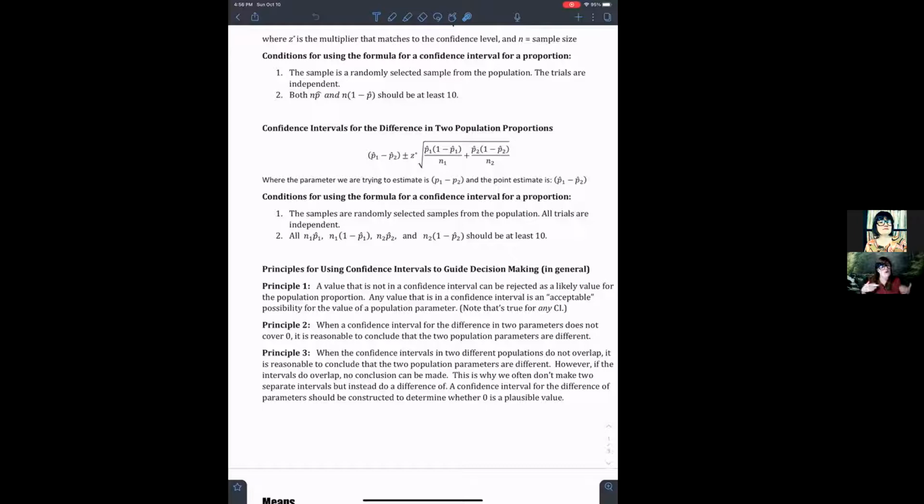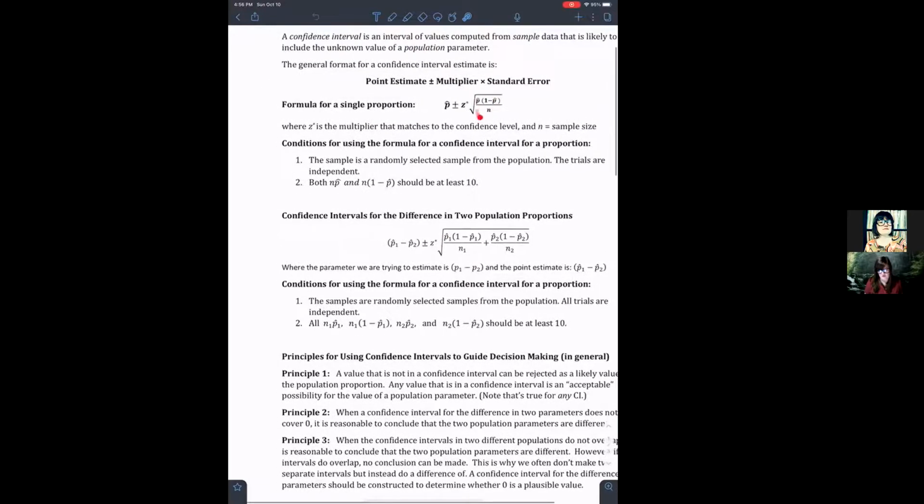Now, why do we not use t for proportions? Because look, we know that we're estimating using p hat instead of p because we don't know p. We looked at standard error on proportions, and we saw that it maxed out when our proportion was at 50%. And so we actually have a cap on the amount of